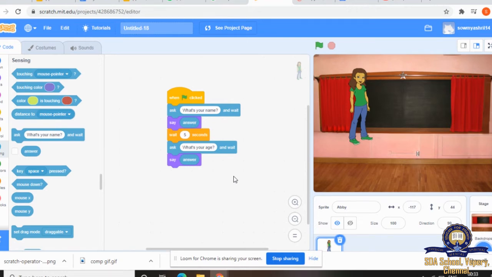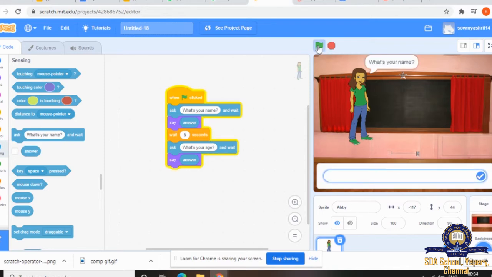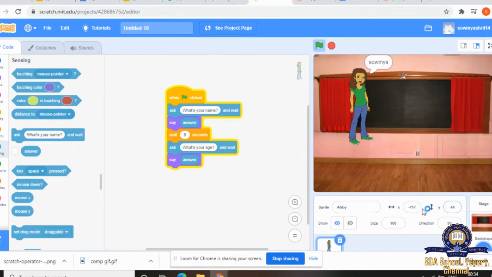Now we'll see what happens after clicking the green flag button. What is your name? The girl is asking, so I'm going to give Soumya. Then I'm going to tick here.